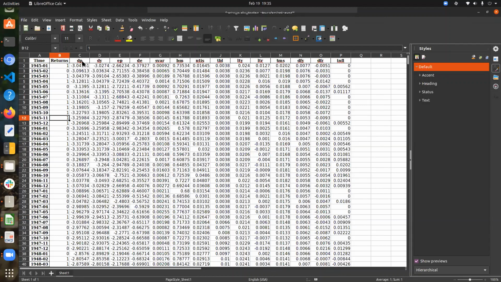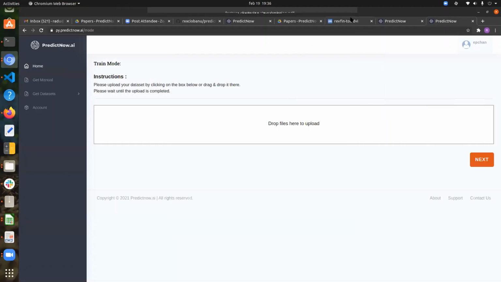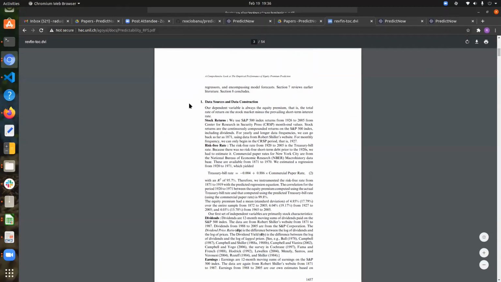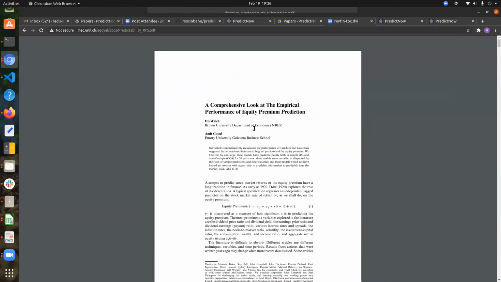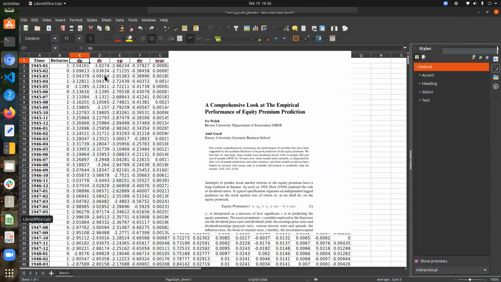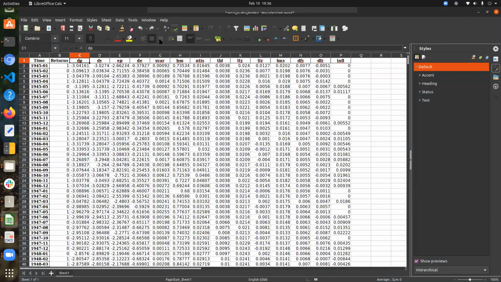Now, the following columns include both fundamental and technical macroeconomical indicators. First of all, I want to point out where the features come from. For a better explanation of these features, please consult this paper. It is called A Comprehensive Look at the Empirical Performance of Equity Premium Prediction. But just as an overview, we include dividend price ratio, dividend yields, earning price ratio, dividend payout rate, stock variance,